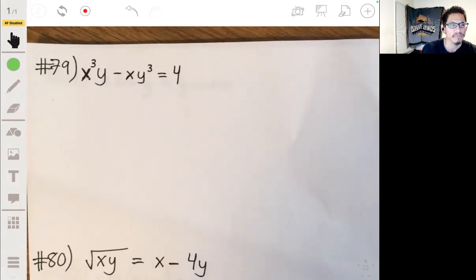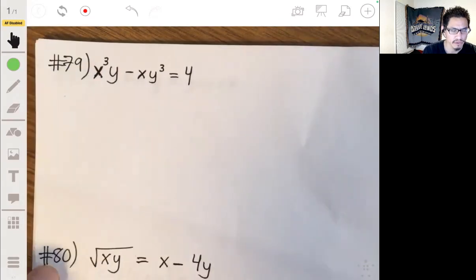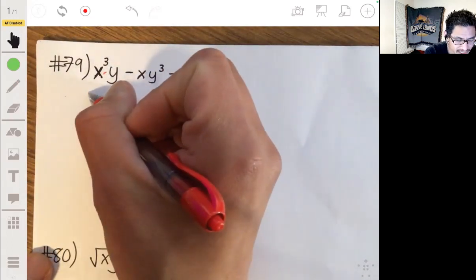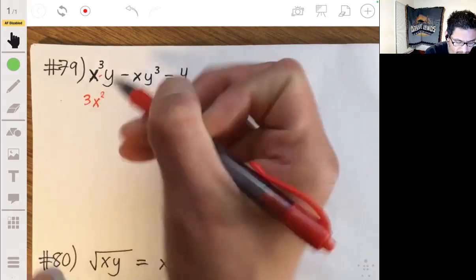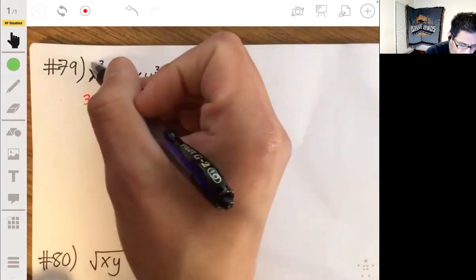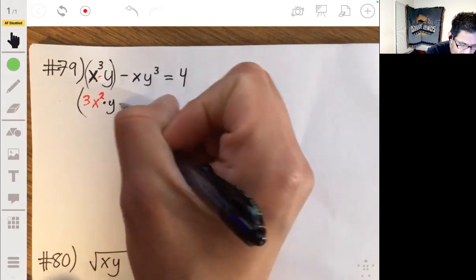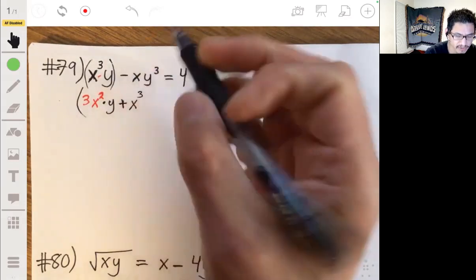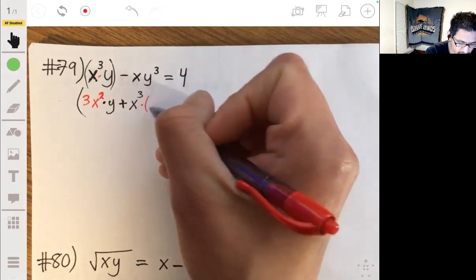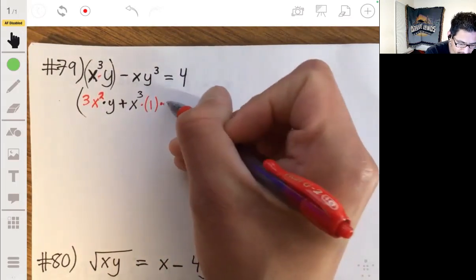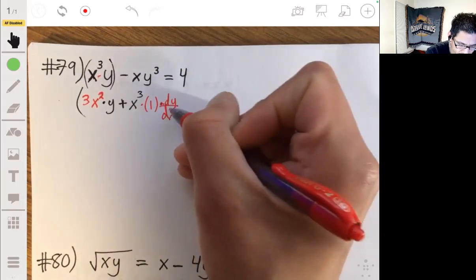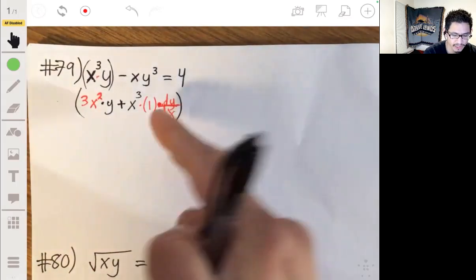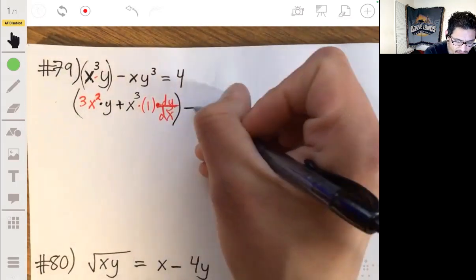All right, 79. Okay, so it looks like we got double product rule. Take the derivative of x cubed first, which will give us 3x squared. Hold the y as constant. Then we add this to x cubed times the derivative of y, which is just 1, multiplied by dy/dx. I don't know why I made my dot so big. Don't let that dot confuse you. Then from that we subtract